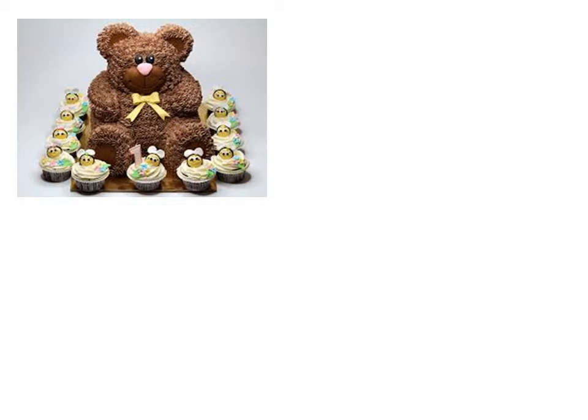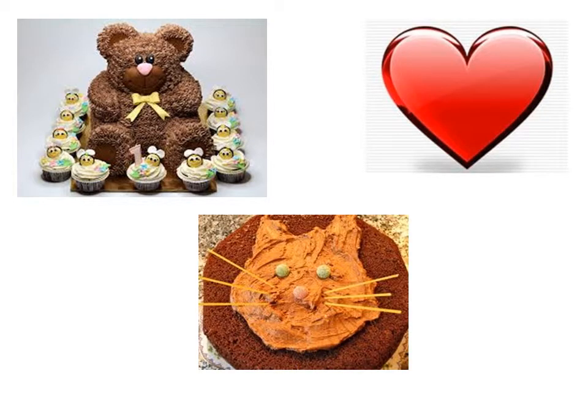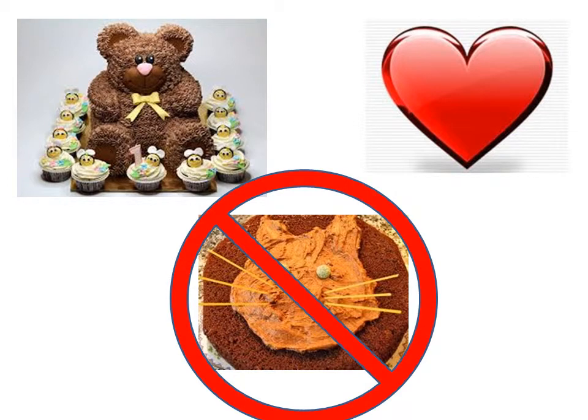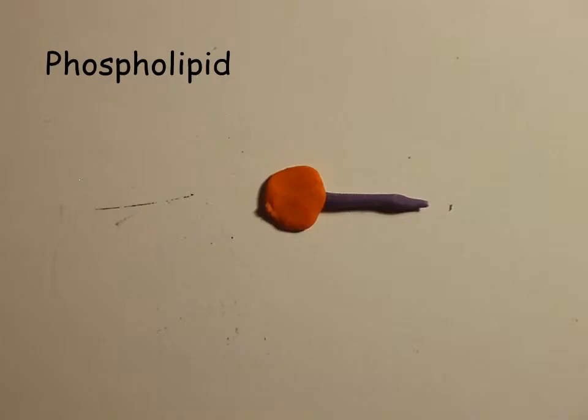For example, if you were cakeophilic, it means you like cake. Again, there's this awesome bear cake. Doesn't that look awesome? Look at all the little bees. There's loads of them. Brilliant. I like cake. I don't like cat cake though. Cat cake is pants. Go away, cat cake. No one wants it here.